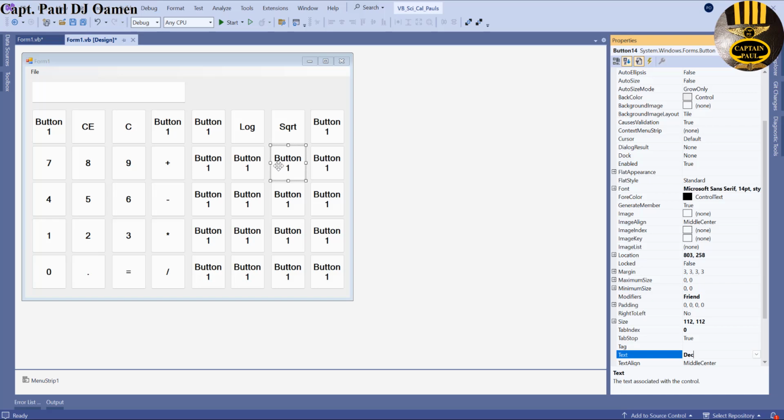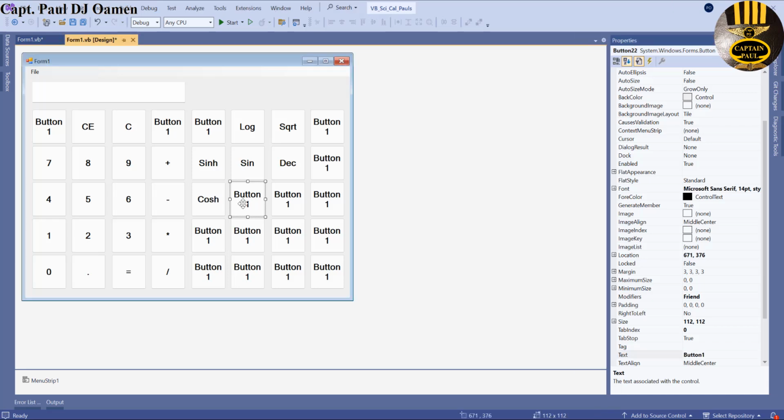And this is decimal. Sine, I'm going to call that sine h. Cosine h. Cosine. Then we'll call these binary. And here is going to be tan h,